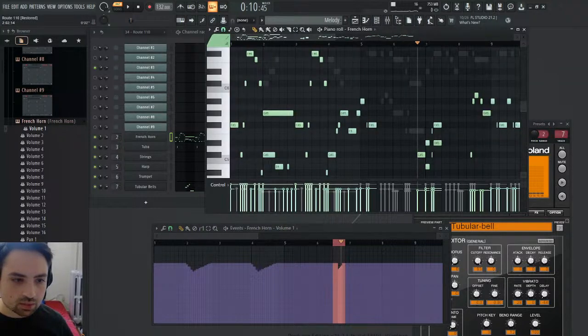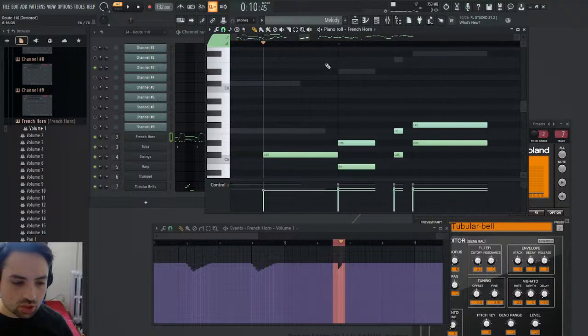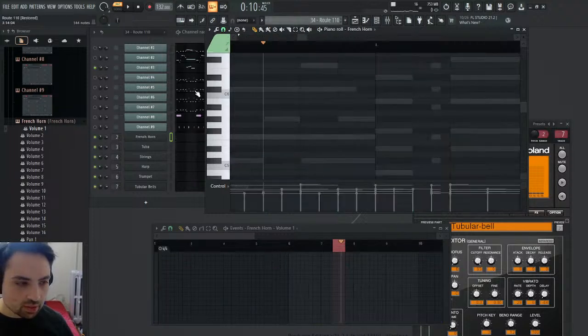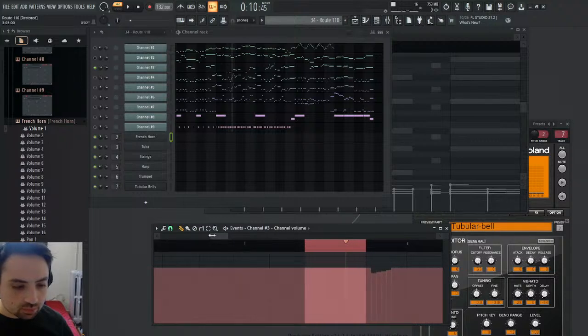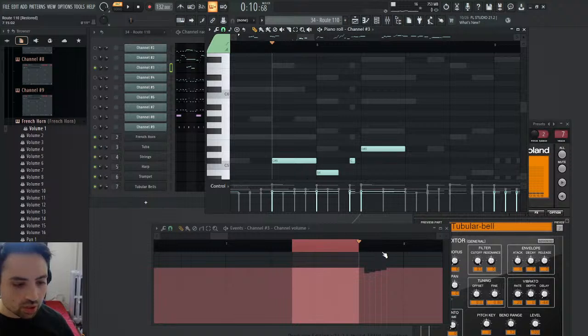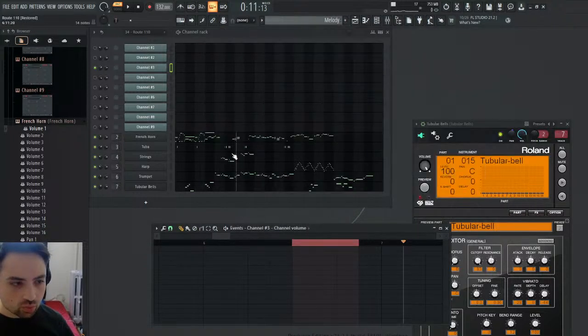Let's see. So this note, it starts there. So that's kind of in the middle of everything. I think what is really happening in the song is that it starts here. Okay, so a little bit before the note, and then it encompasses the whole note. Okay. So that means I want to